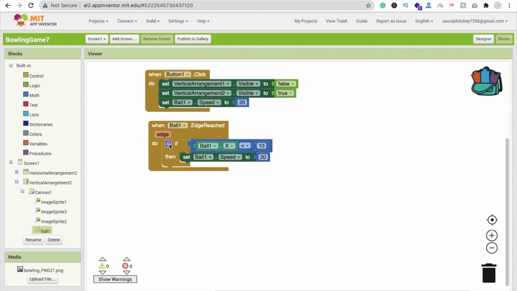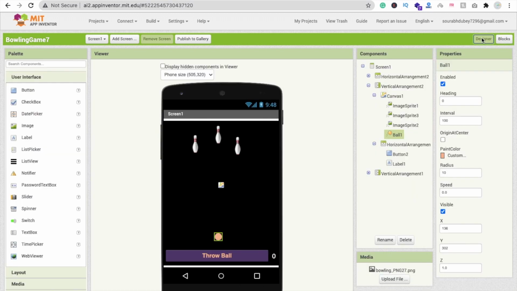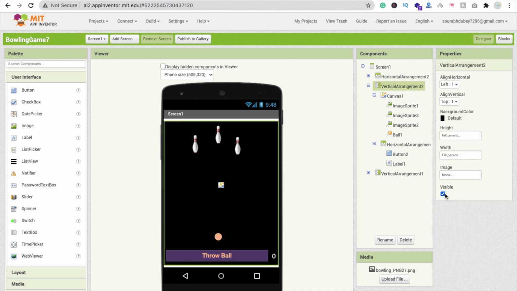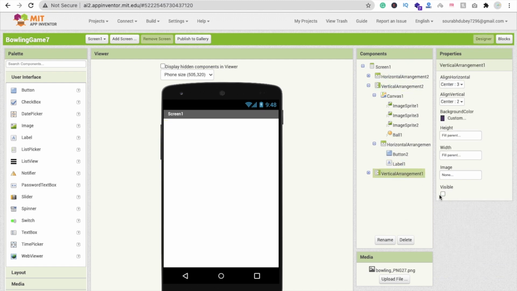Else if the ball 1 dot x value is greater than 284, then we will make the ball speed minus 20, right? Now go to the design, hide this vertical arrangement, and make this one visible on.